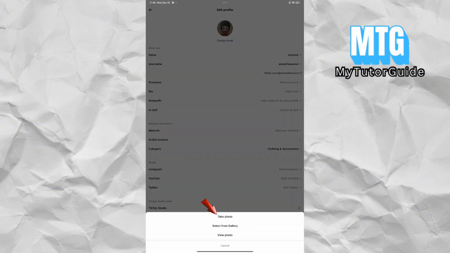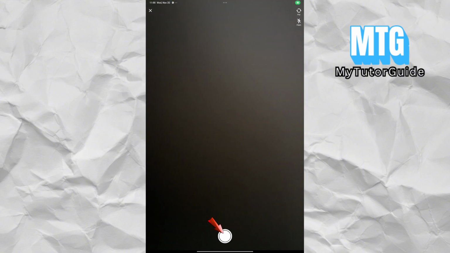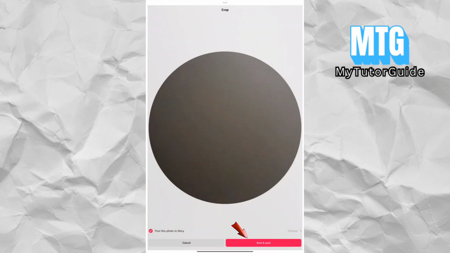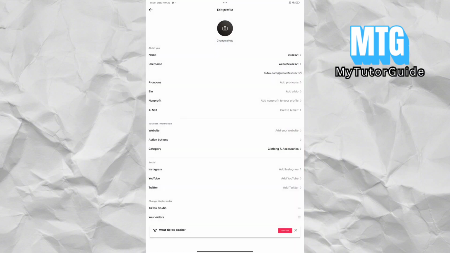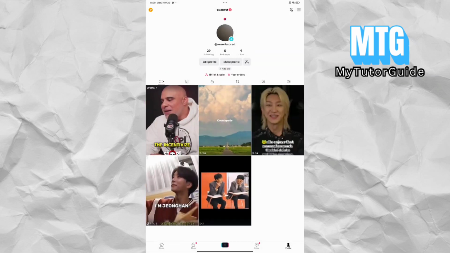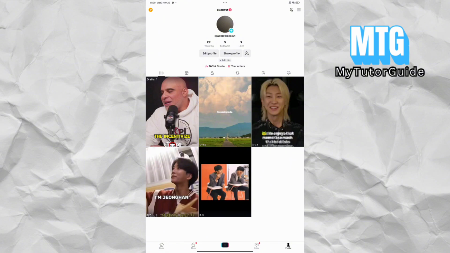So once you click on that, this will pop up on your screen, and as you can see in here, these are the options that you have, such as take a photo, select from gallery, or view photo. And since there is no option for you to remove your profile photo, the best thing that you can do first is to take a photo using your device back camera, and this can be your profile photo on TikTok. This can be an ideal option if you just don't want to show your photo or your face on TikTok. If you want to do that default profile picture on TikTok, what you can do is to go ahead